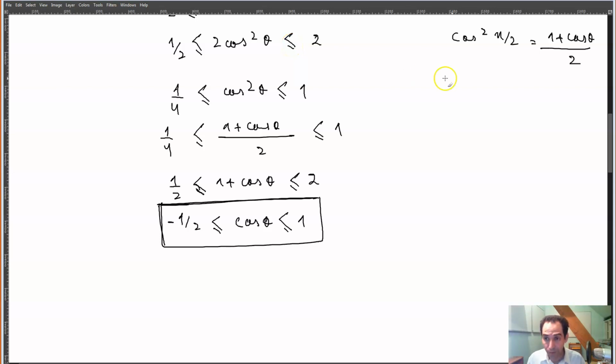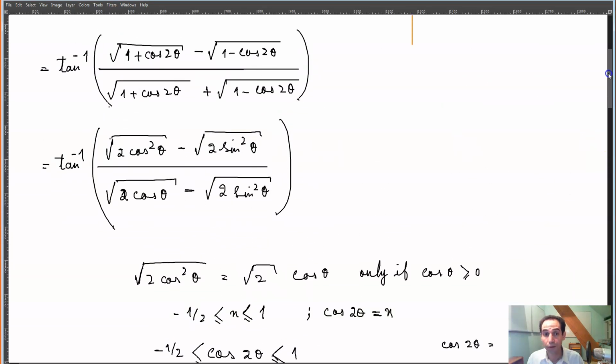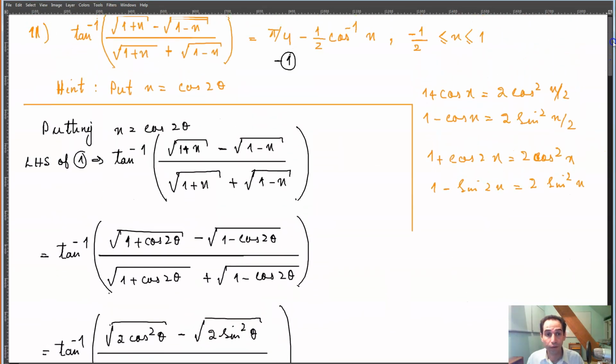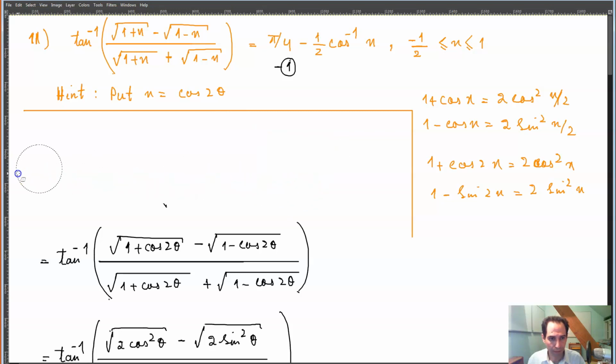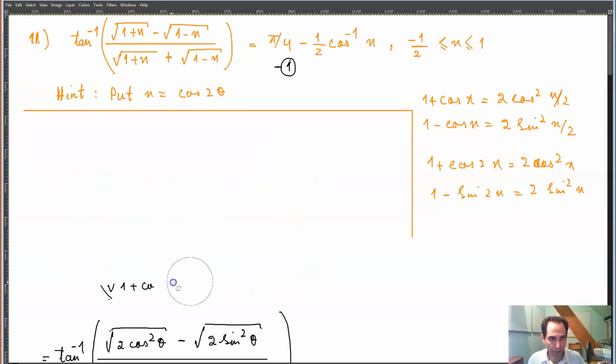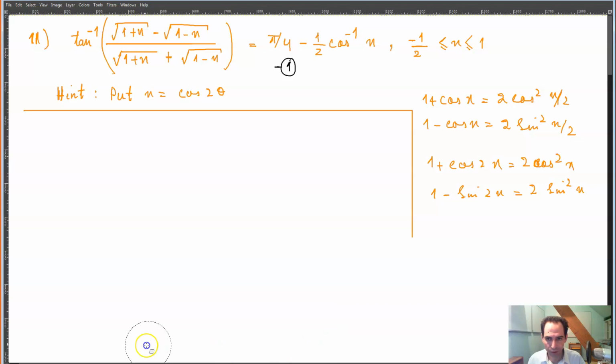So in this video we will talk about the examples that we have here. Example number 11, continuing with the examples. Well, the question is basically, you want to prove that the tan inverse of